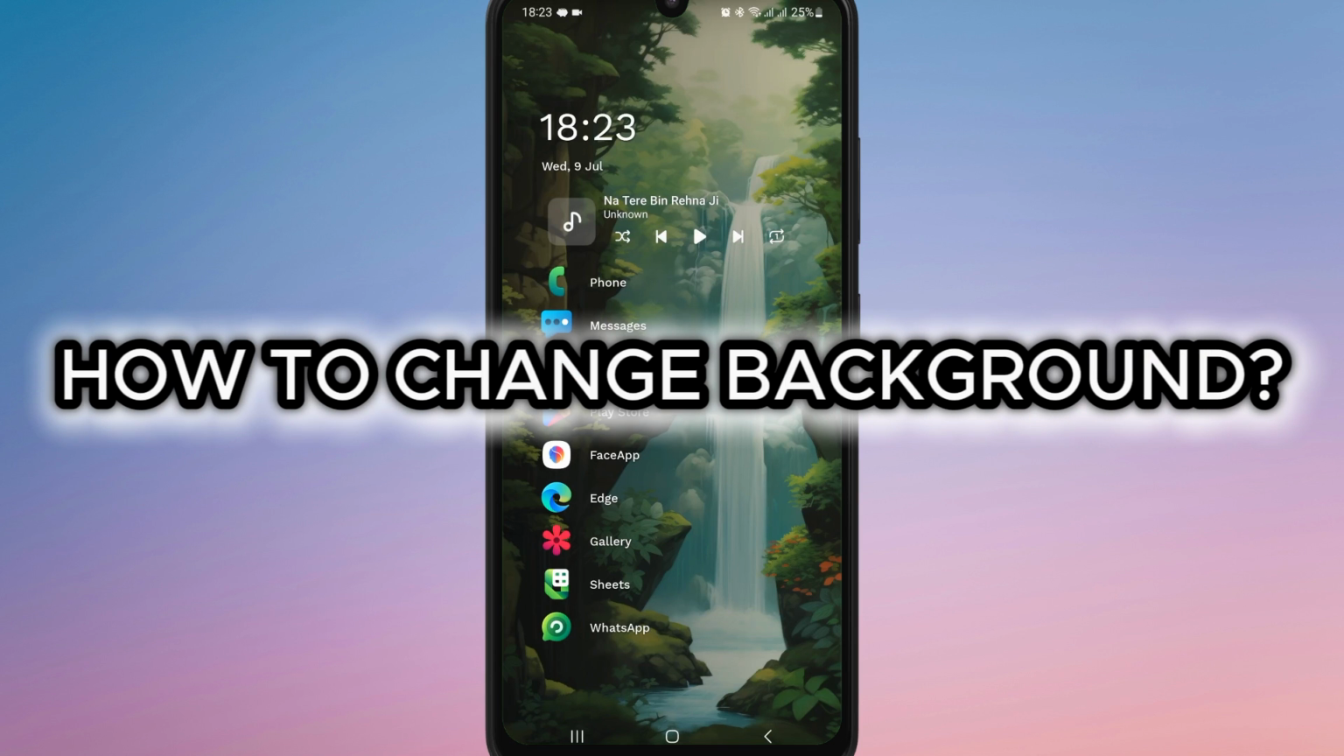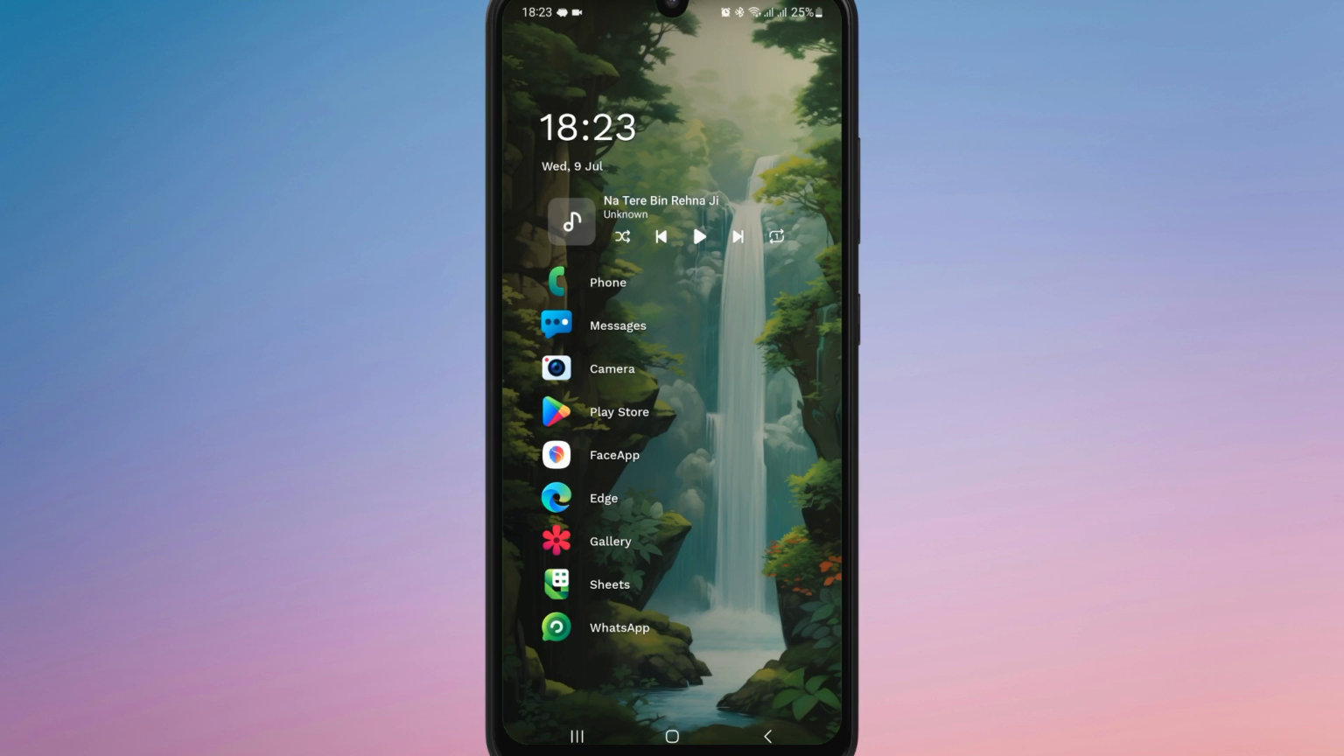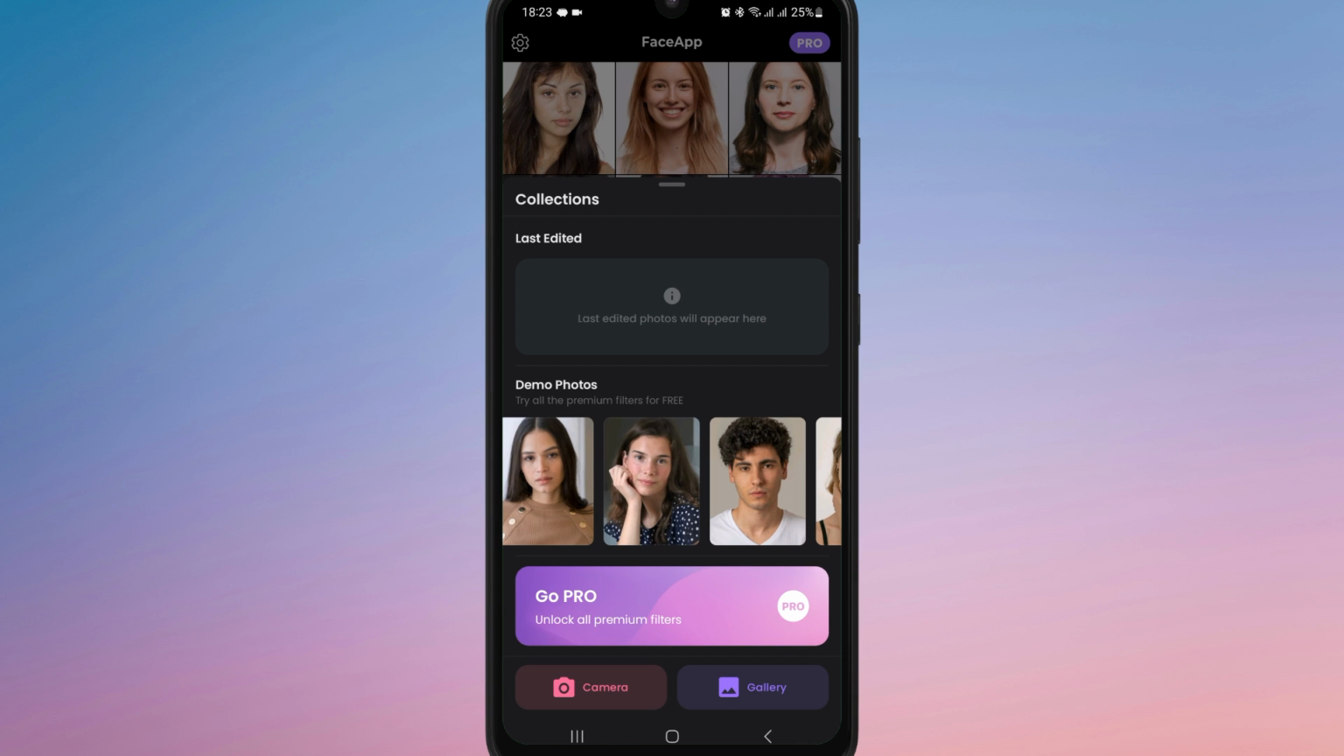How to change background in FaceApp. First of all, open FaceApp on your device. Next, either take a new photo using the camera or upload one from your gallery by tapping the photo or